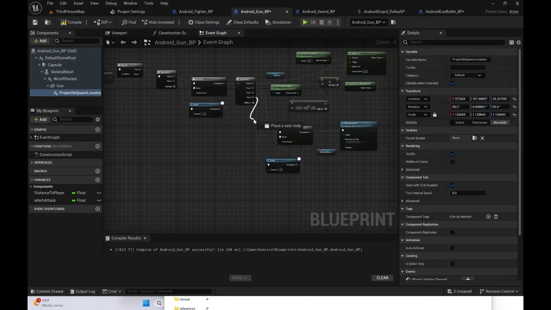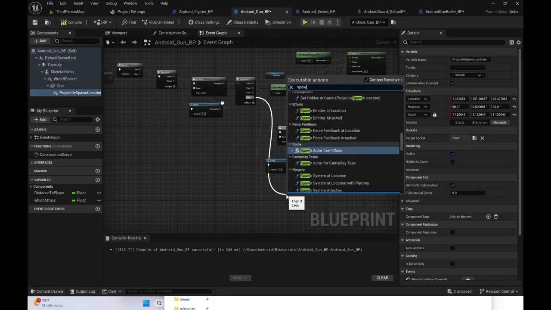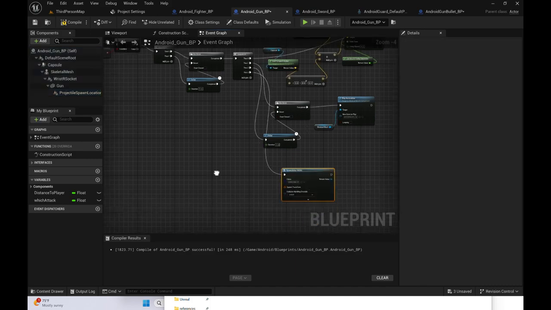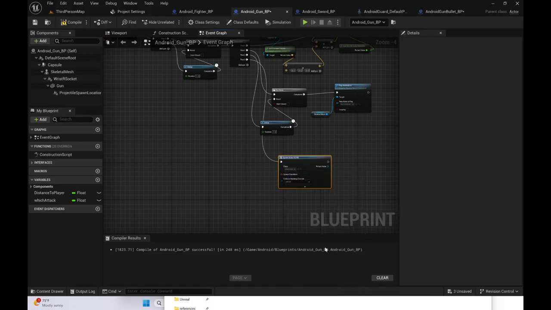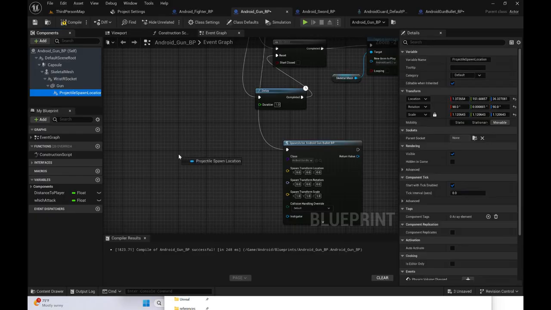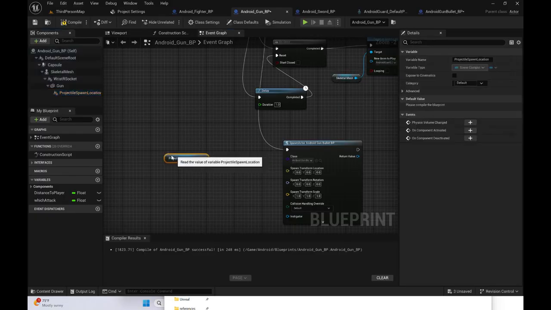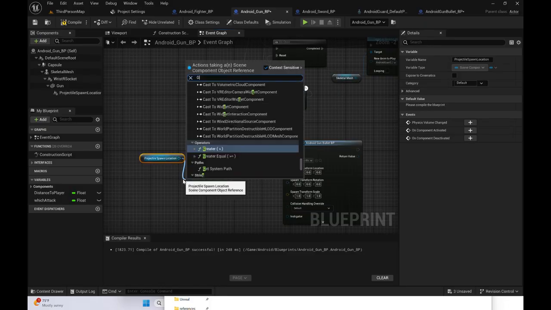the spawn actor from class, and I am going to choose the Android gun bullet, which is the projectile that we just created, and it asks for a transform, so I'm going to split struct pin. I'm going to drag out the spawn location. I'm going to pull out of that. I'm going to get the world transform,